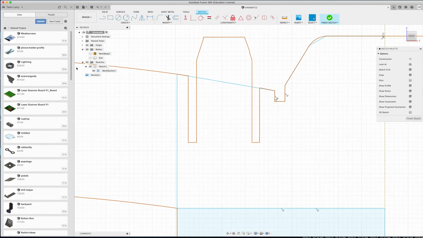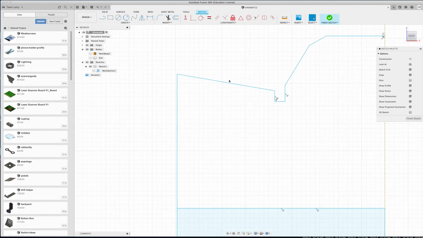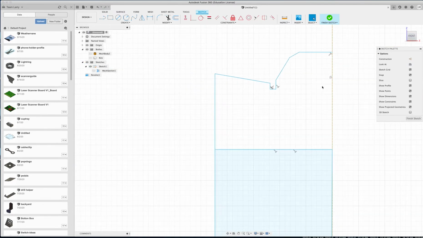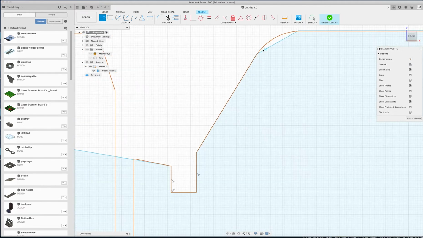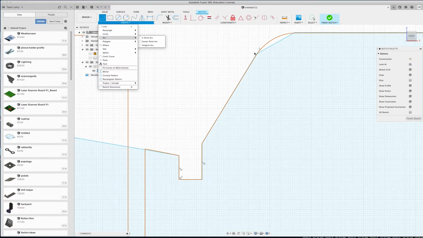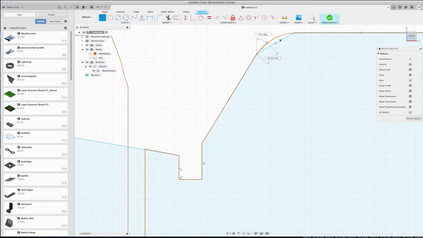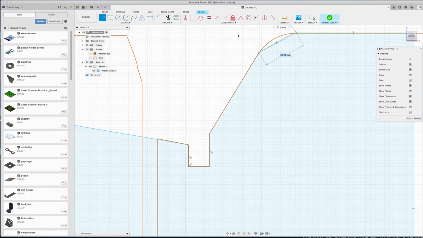So what do I do? Let me turn off this. I must be missing something. Oh, I didn't get that last line, I don't think. From there to there. There we go. Now, let me turn this back on. So let's fix this curve here at least. Again, we're going to assume this is an arc, which is a portion of a circle. And we're going to do,